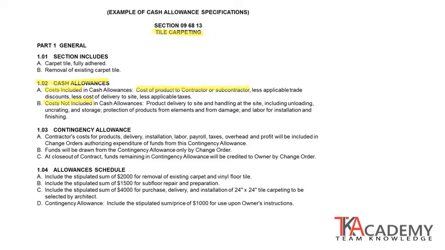Costs that are not included: delivery to the site and handling the materials at the site, protection of the product from the elements, so storage, and then labor for installation and finishing, because they probably have already indicated on the drawings what the extent of carpeting is. We just don't know what the material is yet for pricing.